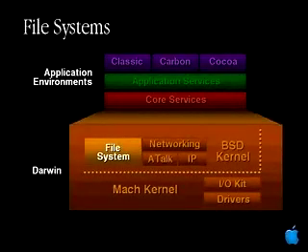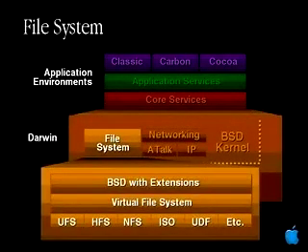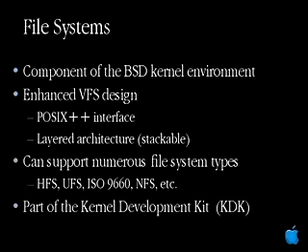File systems. File systems is something that everybody here will be dealing with in one form or another. And of course, it's not just one file system, but a set of file systems. And this is a very powerful part of the BSD kernel environment. It provides all the access to disk and even network file system services. It's important to note that the file systems architecture that we have is part of the current BSD kernel environment. So you'll find as you're working with file system, there's a lot of dependency with that environment. Again, how the process model works and how the APIs and things interact with each other.